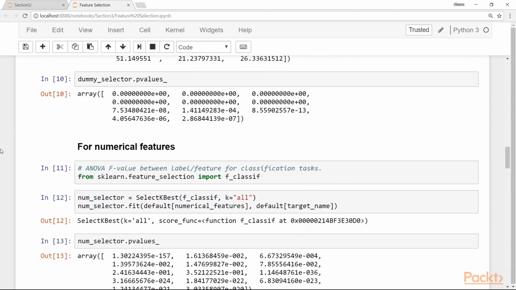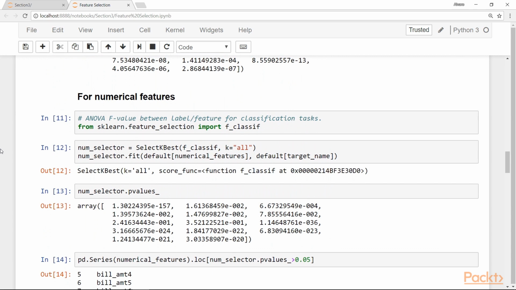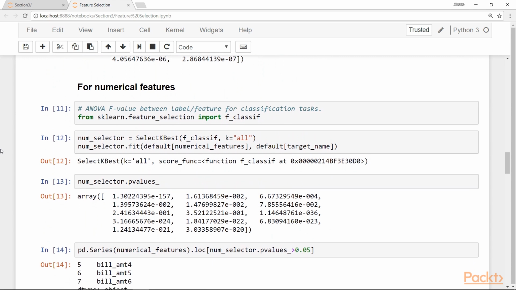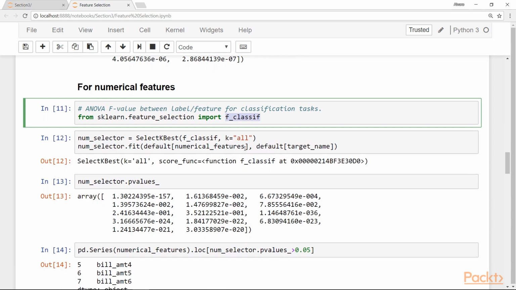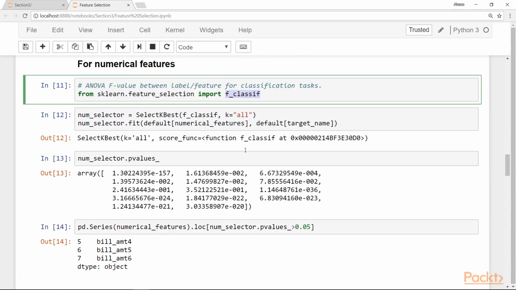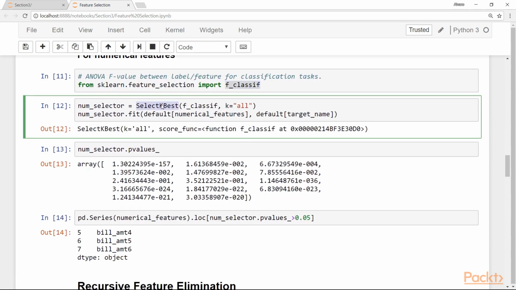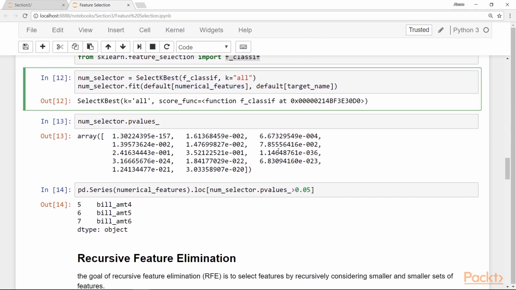Now, for evaluating the relationship between numerical features and the target, we can use another statistical test called f-classif, and we use again this object. We pass the statistical test that we want. We pass the number of features that we want to select. In this case, I want the test to be applied to all numerical features, and then I am using the fit method again with the numerical features and the target, and these are the p-values that I get from this